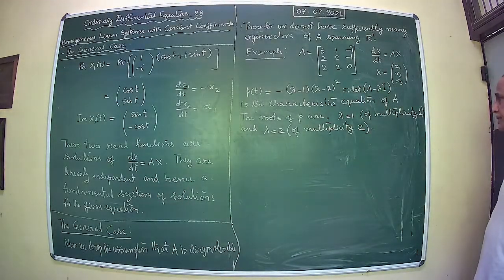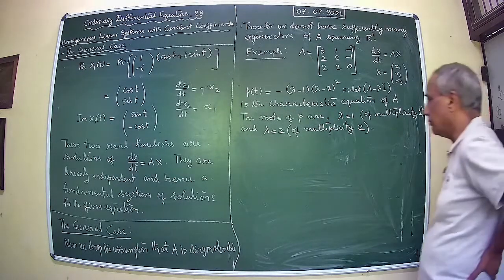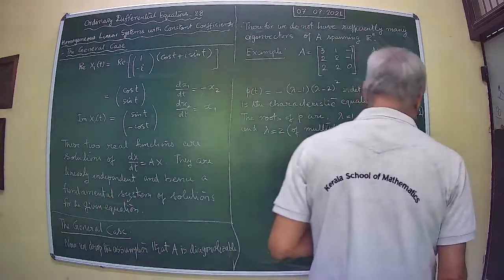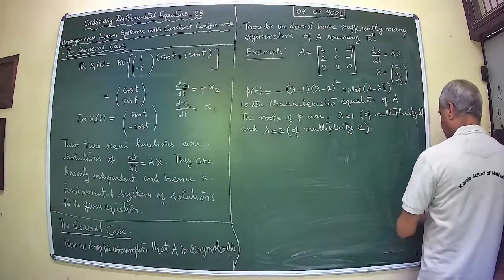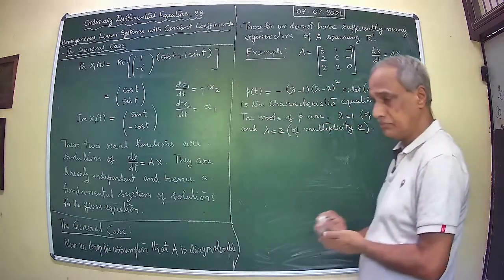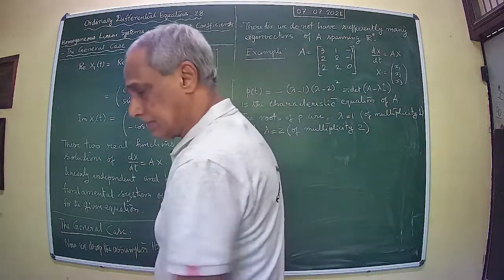So lambda equal to 1 is an eigenvalue of multiplicity 1 and lambda equal to 2 is an eigenvalue of multiplicity 2. Lambda equal to 1 does not give any problem, and one observes that